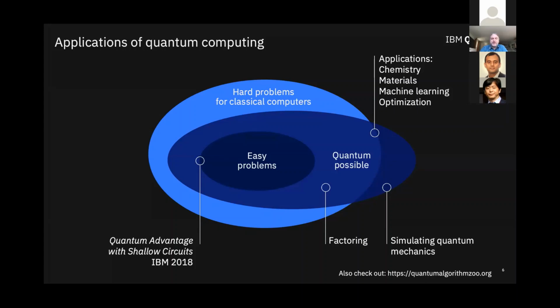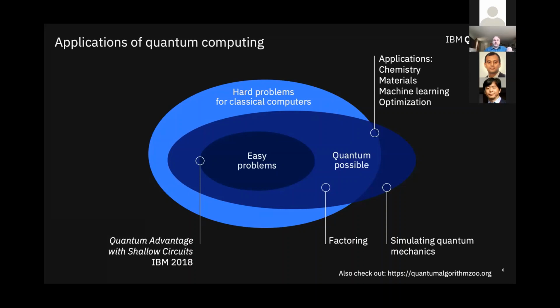But very schematically, we can divide the world into two kinds of areas that are interesting. I mean, of course, there's an area of easy problems, like what's 1 + 1? We don't care about those very much. There are problems that are hard for classical computers, and then there are problems that are possible for quantum computers. And the really interesting thing is that there are problems that are hard for classical computers that are easy for these quantum computers, what's labeled quantum possible on this.